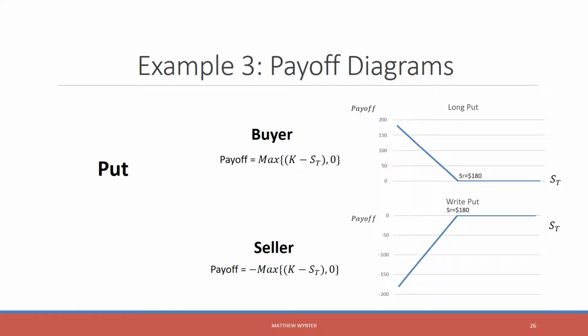If you look at the payoff for the writer of the put option, it's the exact opposite. Notice how anything above 180 for the writer of the put option has a 0 payoff, and anything below 180 for the seller, for the person who writes the put, has a negative payoff. So when I buy the put, I'm trying to lock in a high price based on my expectations. And when I write the put, I'm really hoping that the price stays high so that you don't end up